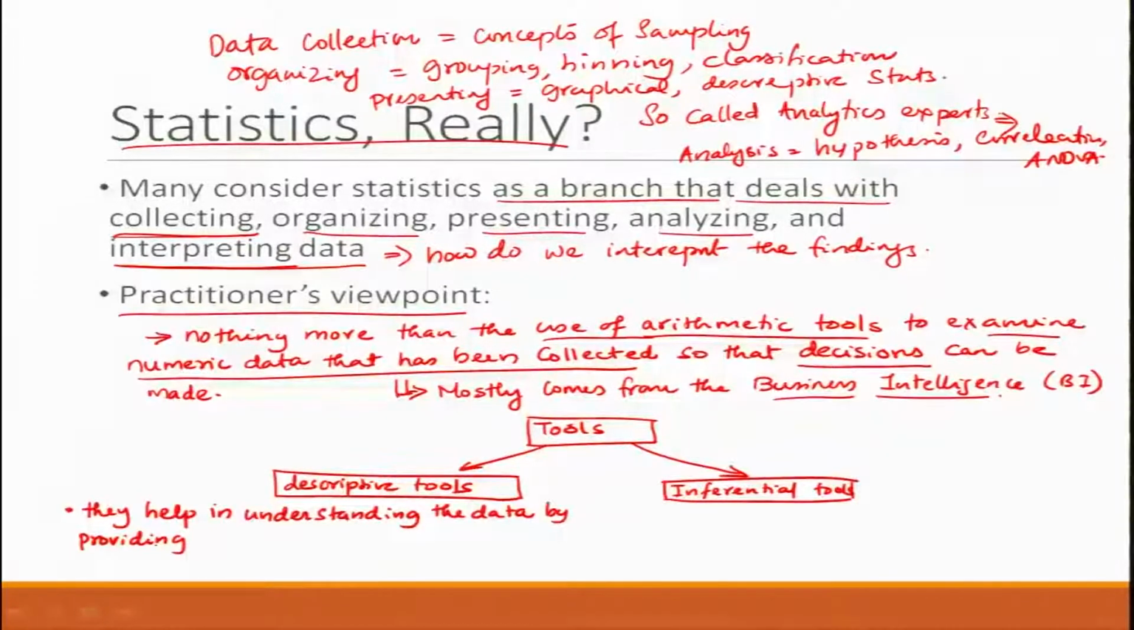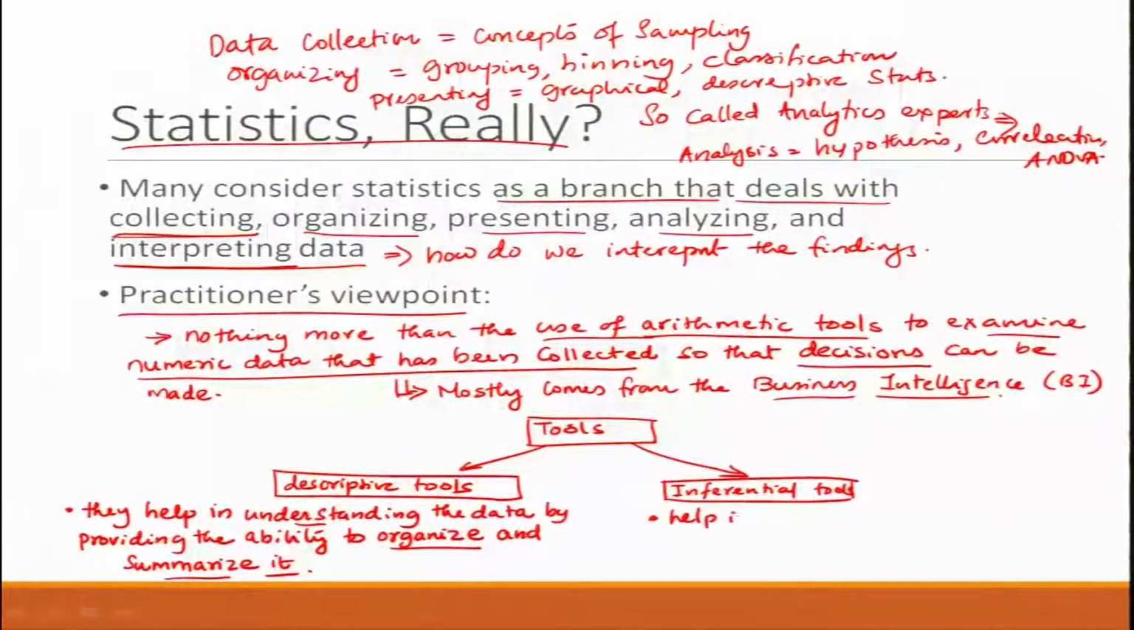They help in understanding the data by providing the ability to organize and summarize it. Summarize what? Summarize the data. So, the aim in the descriptive tools is they help us to understand the data by providing us the ability to organize and summarize, whereas the inferential tools